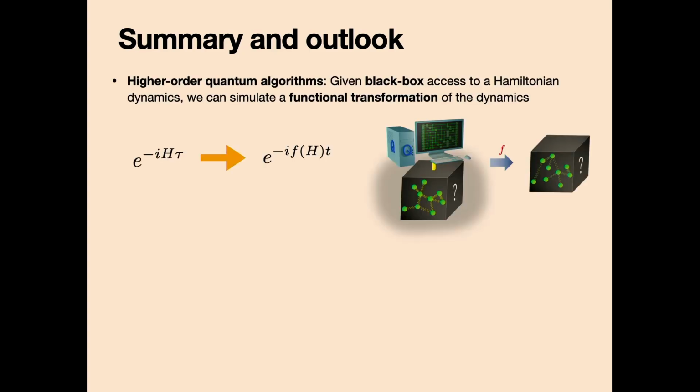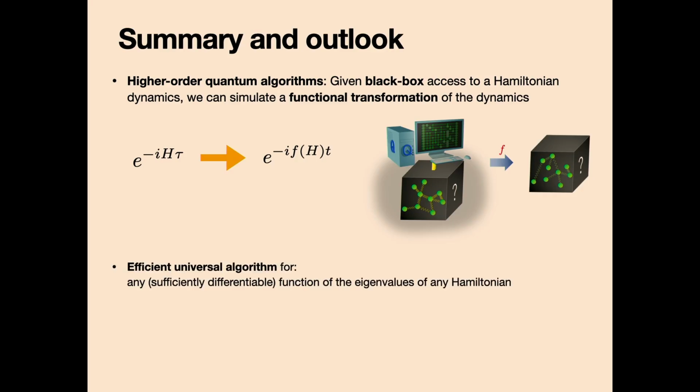Okay, so to summarize, in this talk we discussed the concept of higher order quantum algorithms, where given black box access to some Hamiltonian dynamics, we can simulate the functional transformation of this dynamics, or some function we like. And in particular, in this talk, I talked about the function f being some sufficiently continuous and differentiable function that acts on the eigenvalues of the Hamiltonian. And we presented a universal algorithm